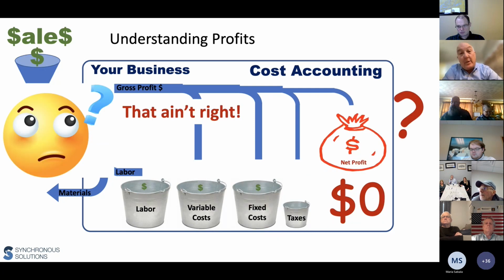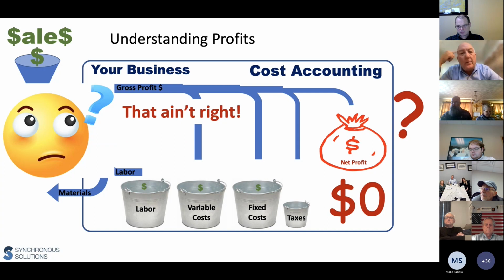Unfortunately, folks are starting to experience this in this industry. Every now and then you hit a month where your net profit is zero or really low, essentially zero. And that just ain't right. If every job has a profit, how do we end up not making any money some months,